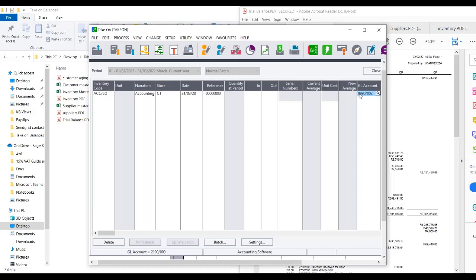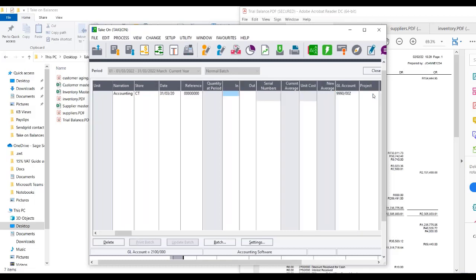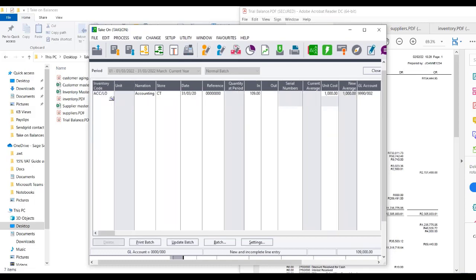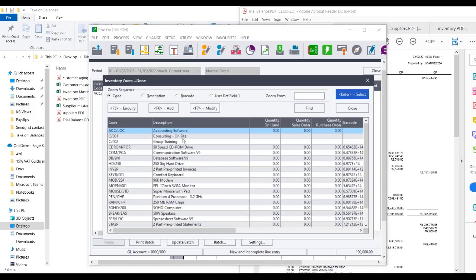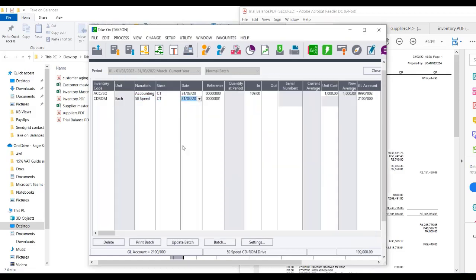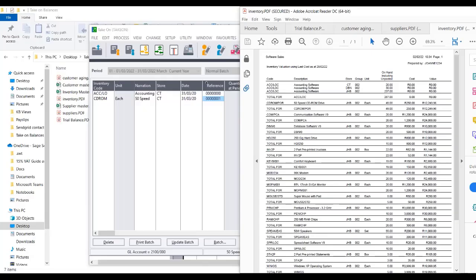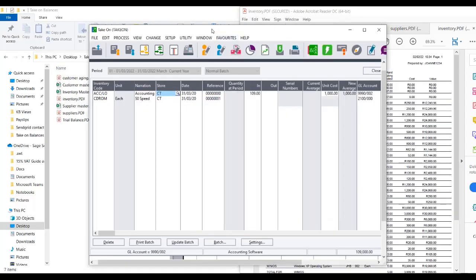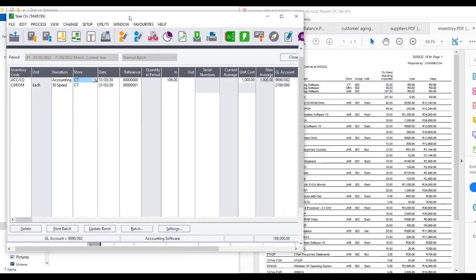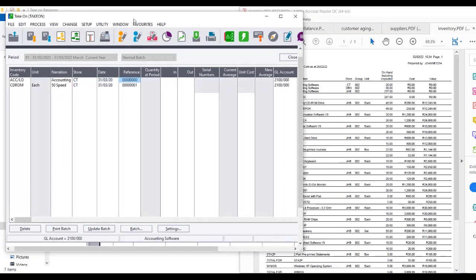So basically, if you know it's 9990002, let's say this is 109 and the unit price was 100. Guys, obviously I'm not reading my actual thing, but as you can see, I can then come through here and select my stuff accordingly. Now, in this instance, I would obviously select this, and you can see that I've got my Cape Town over there, and it's telling me that Cape Town had 20,